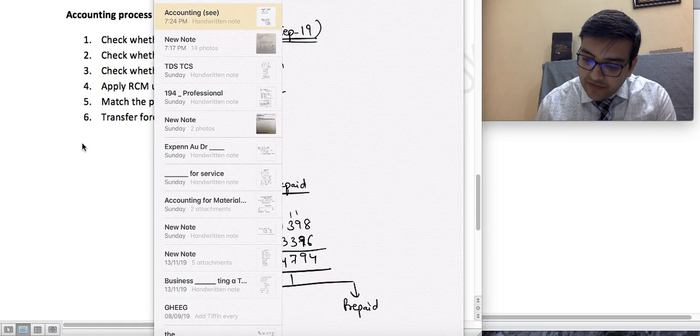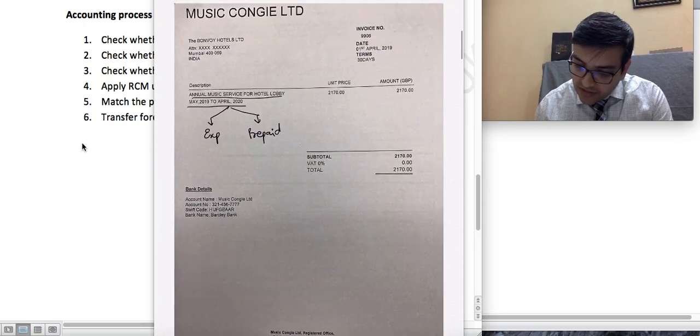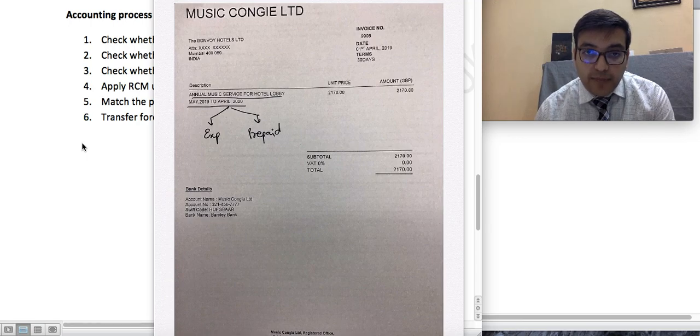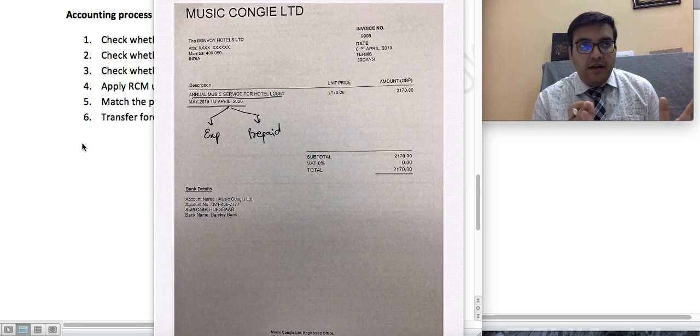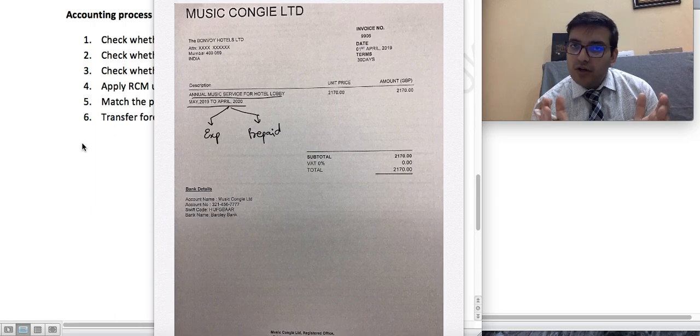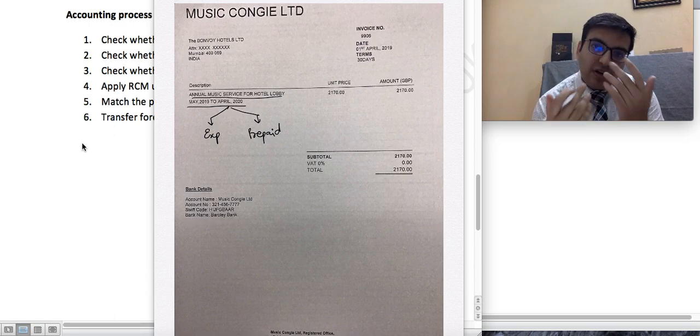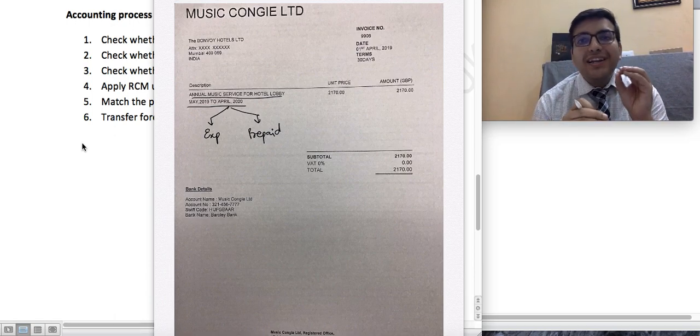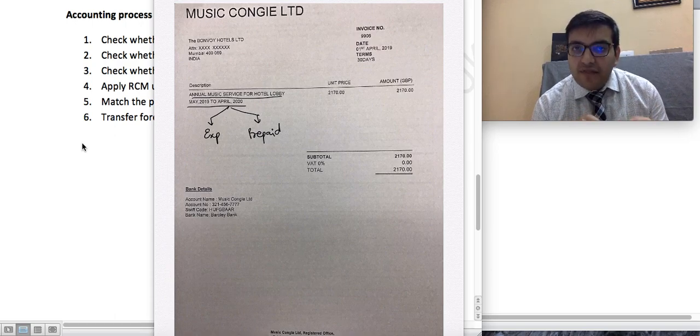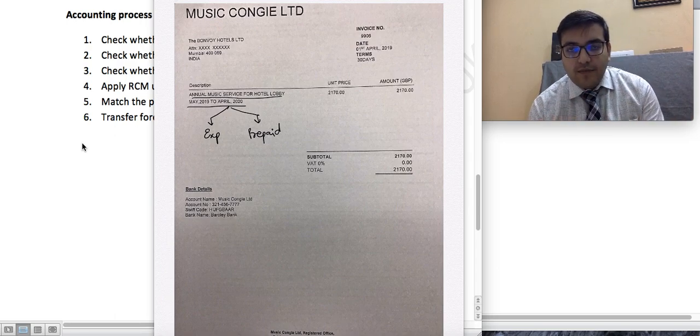So first of all we have to see the invoice. What is the starting date of the invoice? May 2019, and it is going till April 2020. We are sitting in the month of September, so from May to September is the expense part, because September has already passed. We are closing the books of September. Even if we are booking on 20th September, we must account for full September because we will close this month. So we account for May, June, July, August, September, 5 months as expense, and the balance 7 months